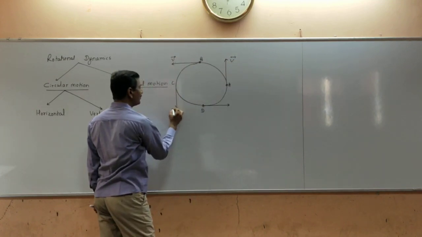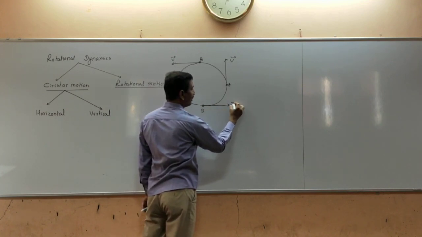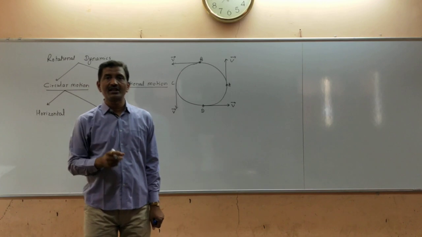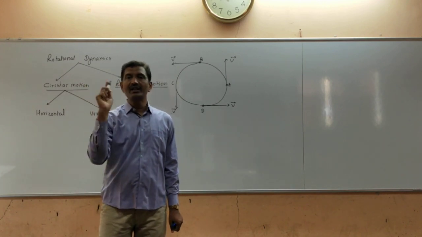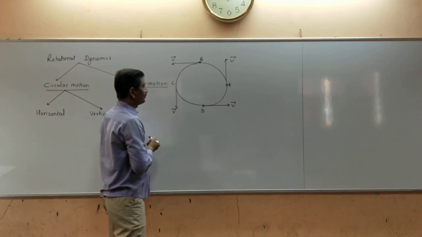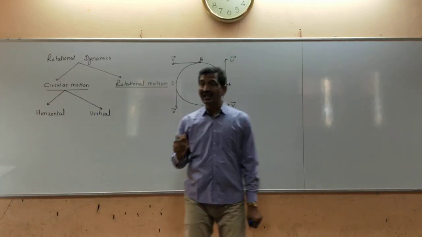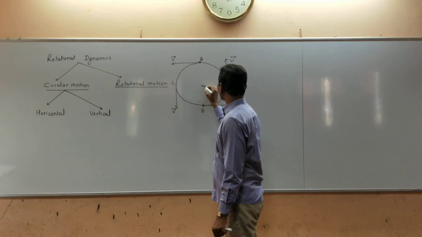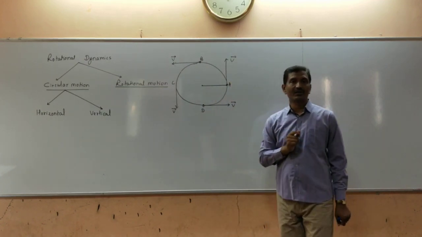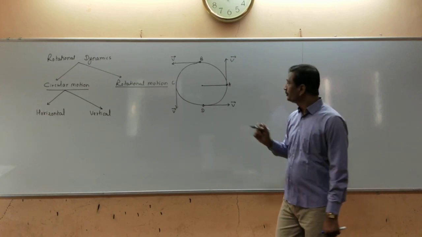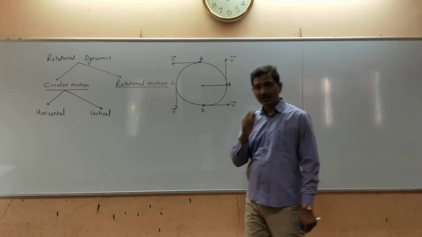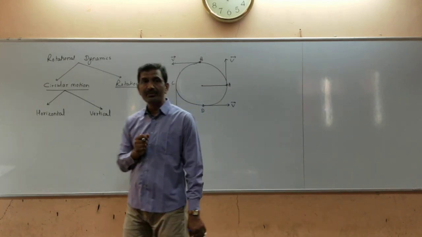If you consider one example, a stone is attached to one end of a string and the other end of the string is held in your hand, and we rotate it, then the motion of the stone is circular motion. When we release that string, we observe that the stone flies along the tangent to the circular path. The magnitude of linear velocity is also called the linear speed.